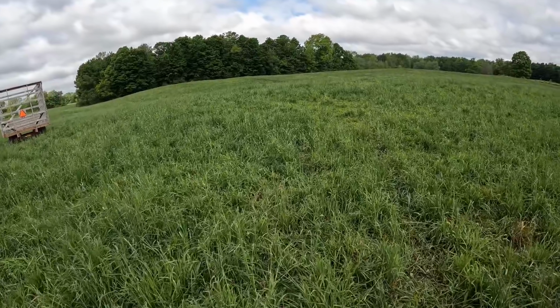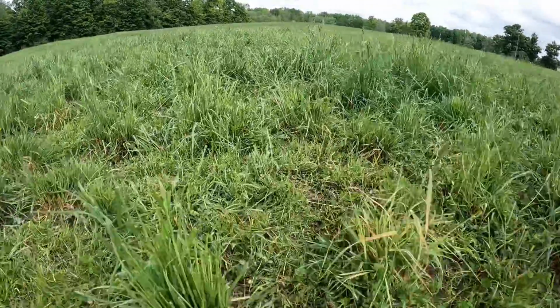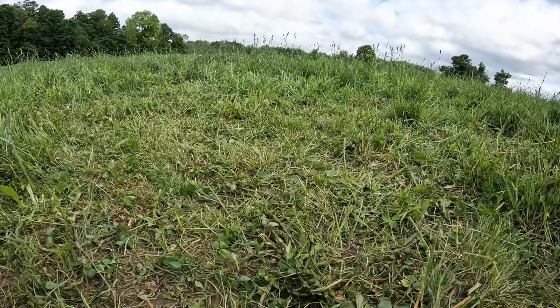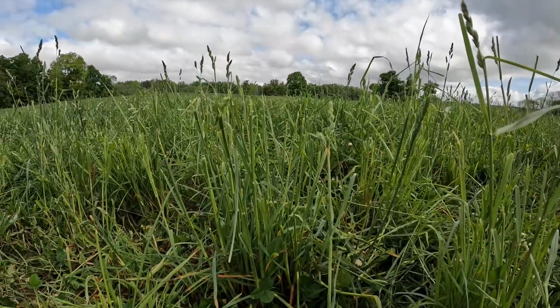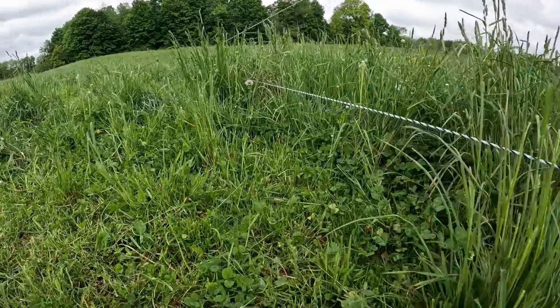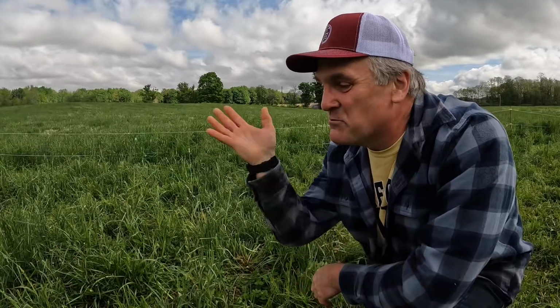It's probably just as important to show what they came off of as much as what they went on to. Compare this with this. And here's the line at the temporary fence. Grazed, ungrazed. And that's the case for rotational grazing versus just letting them roam on acres for months at a time,